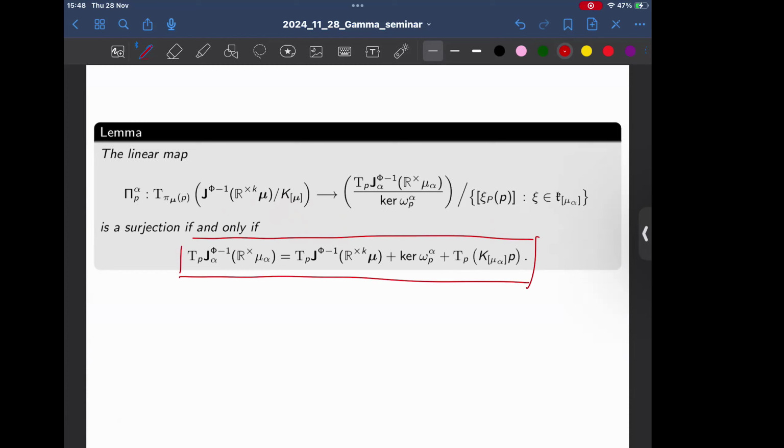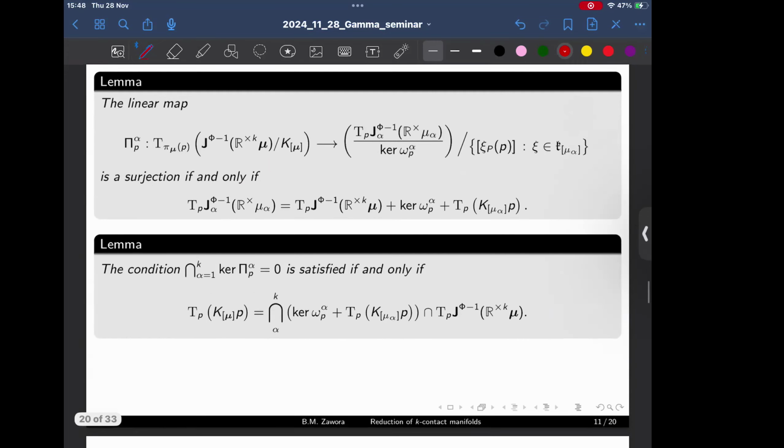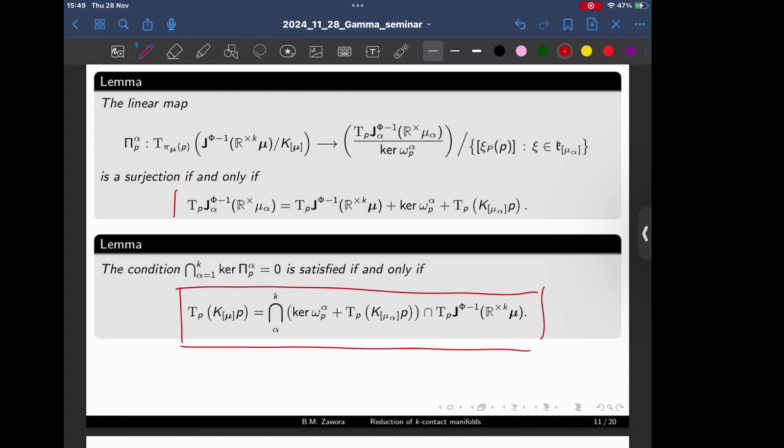Similarly, we can find a condition that ensures that the intersection of the kernels of P_α is equal to 0 if and only if this condition holds. These results are very technical, but basically they ensure